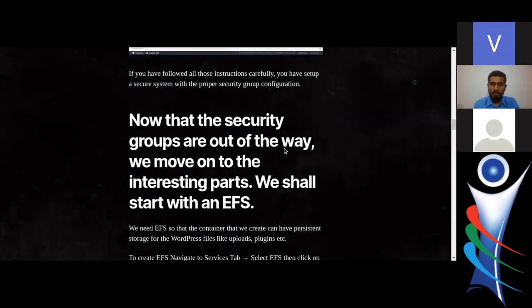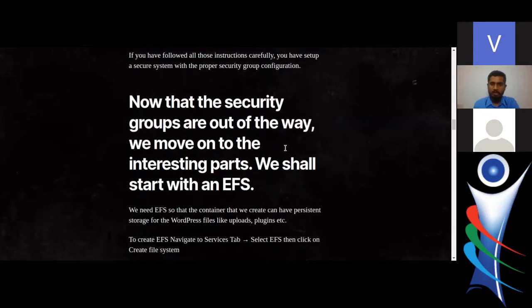Once those security groups have been set up, now we shall start with the interesting parts, like setting up the resources. One of the main resources that we set up is EFS. It allows us to have scalable storage for WordPress. For all the containers that we are running, we'll have a single shared storage, so you can run multiple instances of the same container without any problems with file syncing. So if we have a specific theme or a plugin that we need on WordPress, it's automatically saved in this EFS.